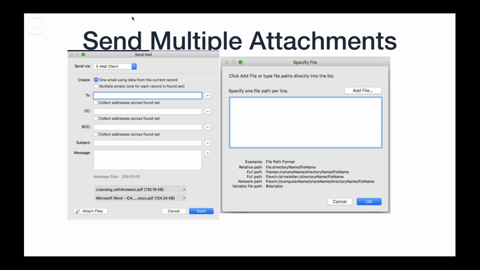There's some other changes here that I'm not sure about, because I don't actually use the multiple emails option, which has some functionality taken out of it. I don't know what it was, but anyway, it's there. The multiple attachments are useful. How would you do this before? You would have to append all of the attachments together, maybe, or